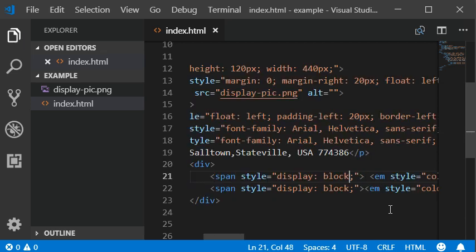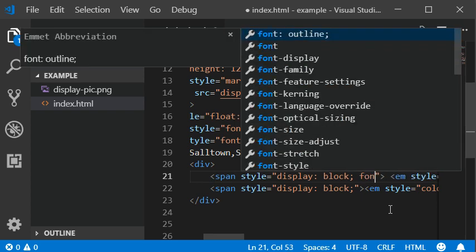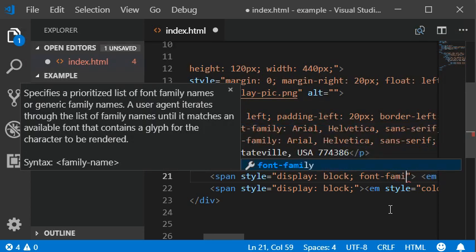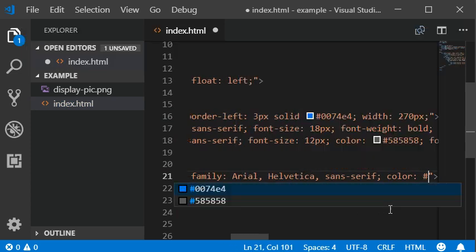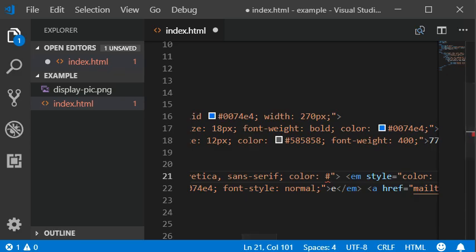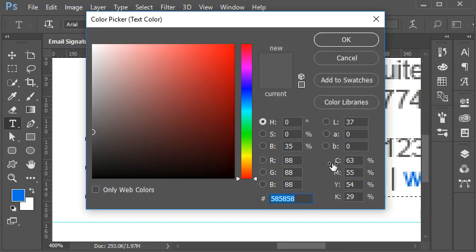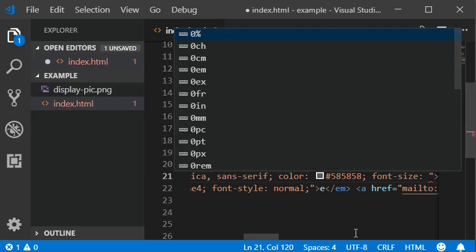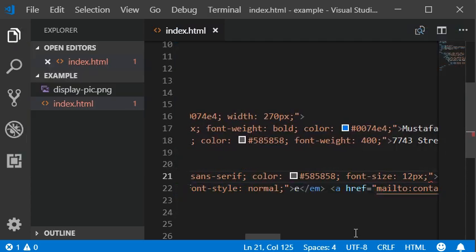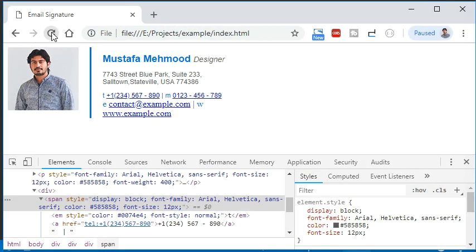Now we need to style our complete span. Need font family should be Arial, and then color should be that we have copied from our PSD. Yeah, this one. And font size should be 12 pixel. Now we have styled our first line successfully, and now I'm gonna change the color of this blue to